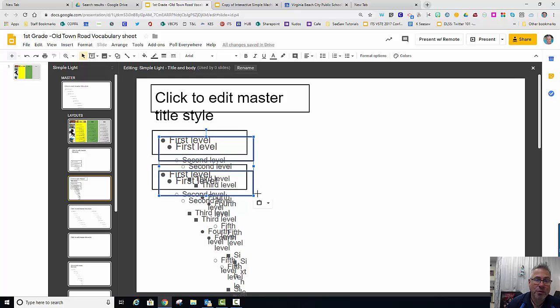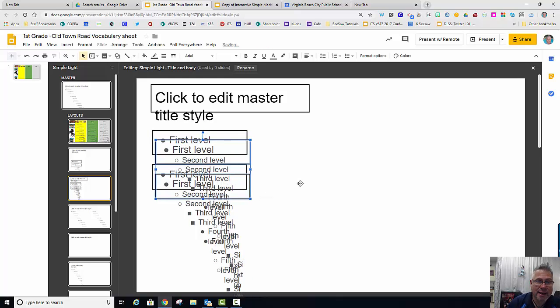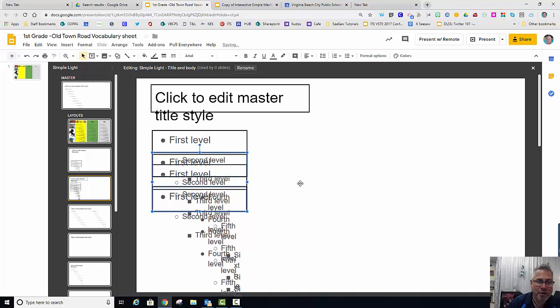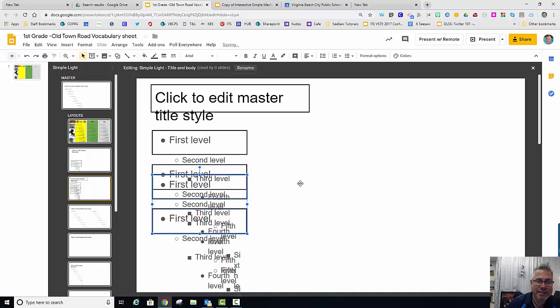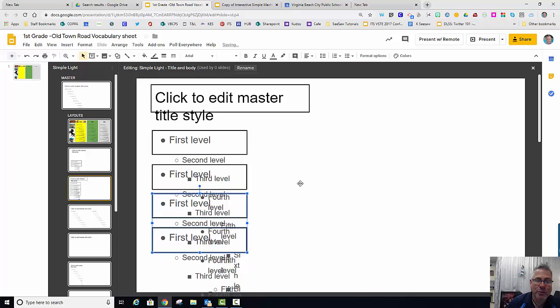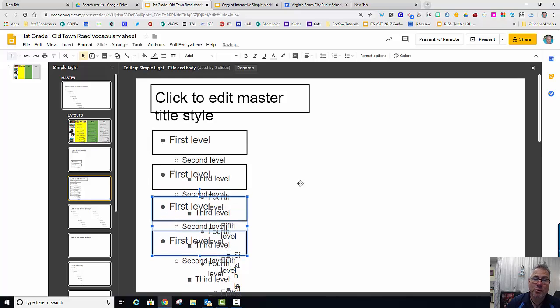Once it's processed, I don't use my mouse to grab it because I find that if I use the down arrow and the side to side arrow, I have a little bit better control over it, because if I accidentally click off of it, I'll lose those two identical. If I click out here on the screen, you'll see I lose that. If you do, just hit Control and click on the second box,